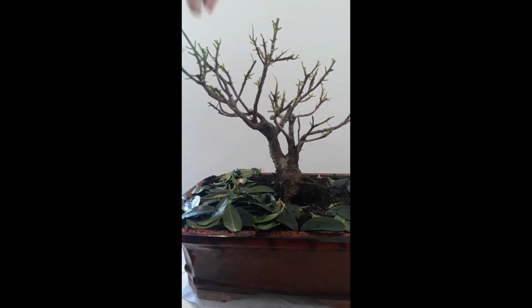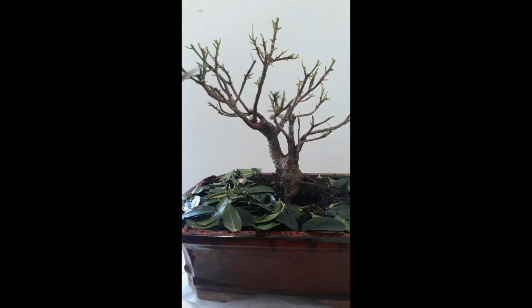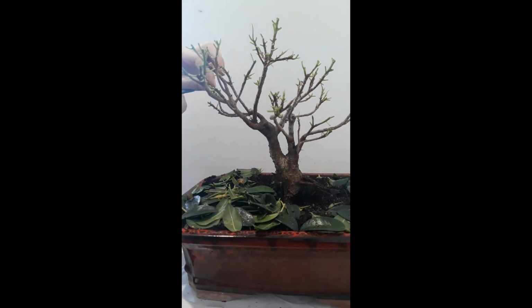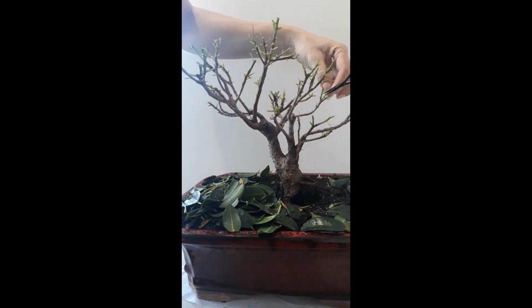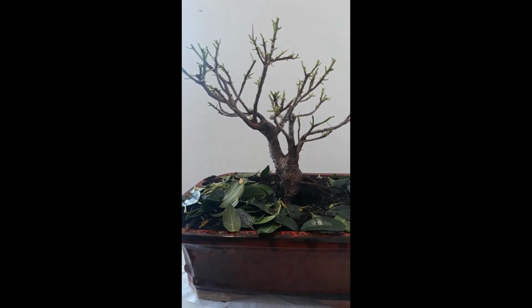But as I said, figs are pretty hardy little trees, so they can take a bit of chopping. So what I did before I cut this, I dried it out. I didn't water it for a few days, and I've just top dressed the soil. Probably should have done that after I cut it, but just put a little bit of slow release fertilizer in there, and once I finish this, give it a water and just make sure it's not in too bright